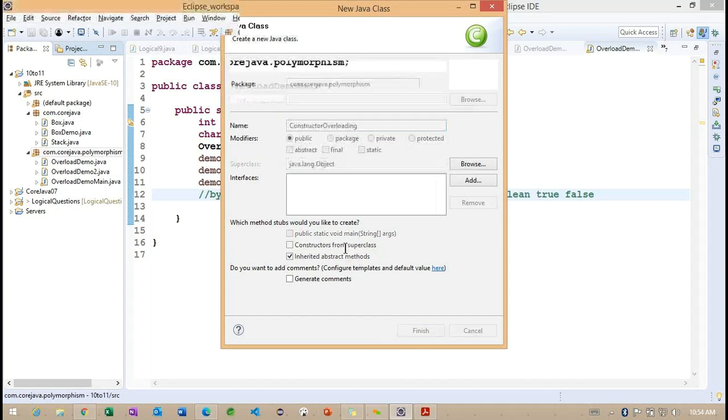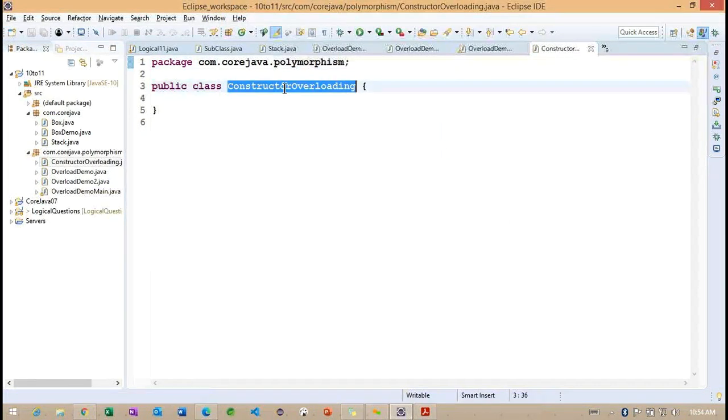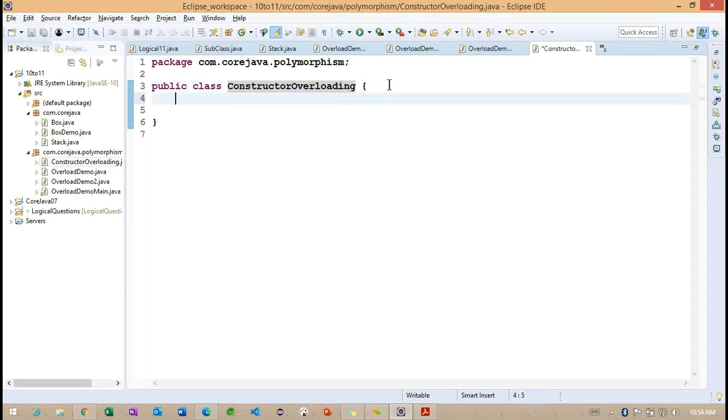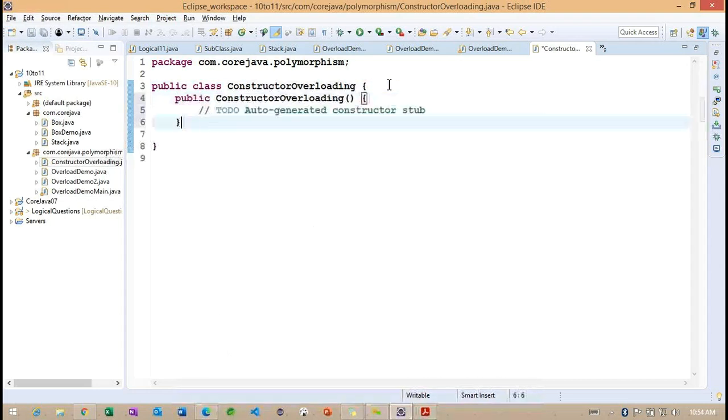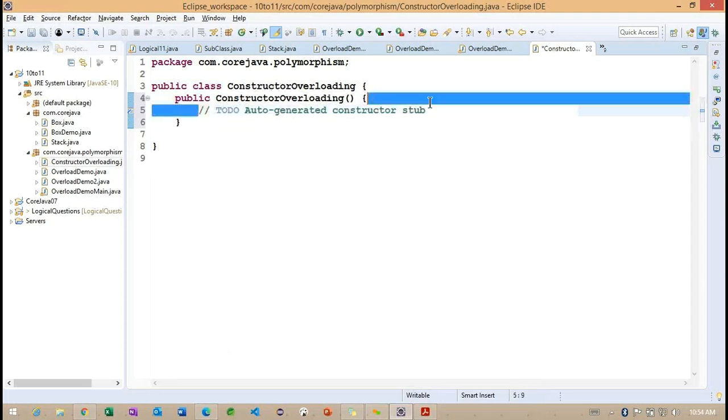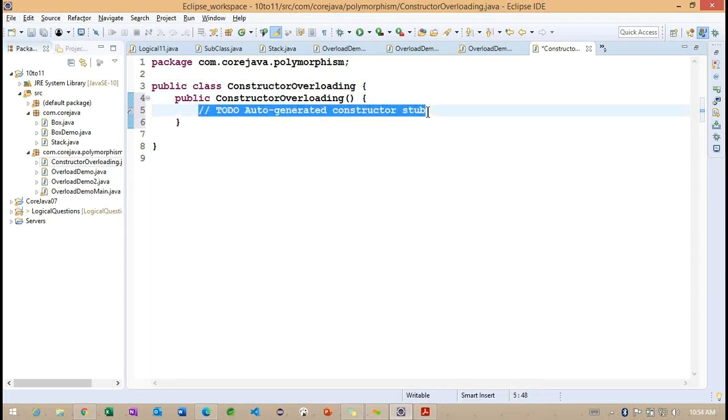So constructor overloading. Basically, we are having the constructors which have the name of the particular class name. Now we can observe how I'm trying to create. So this is the default constructor. Let me add a message.